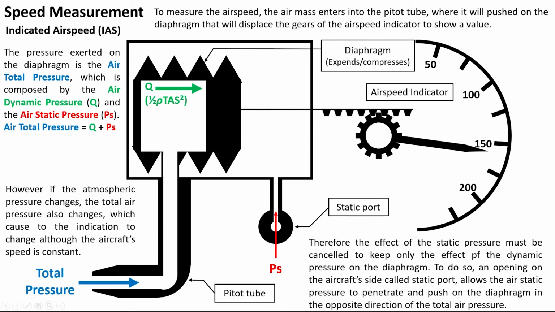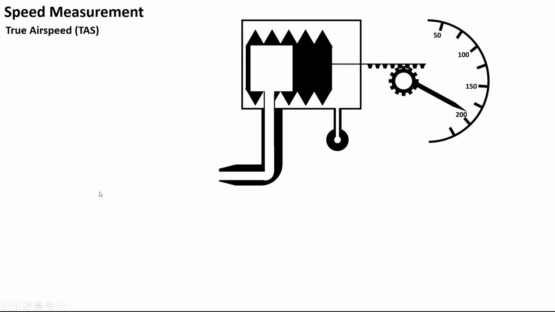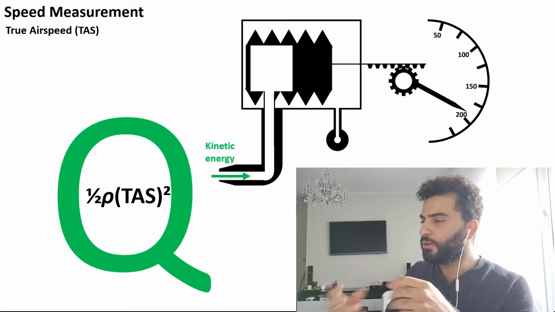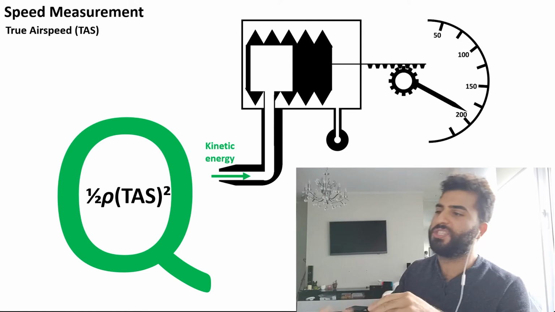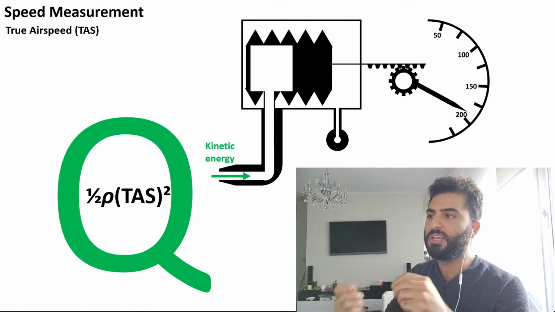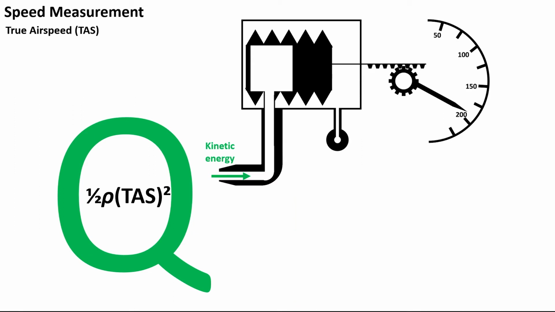this system works. So let's review. We said that what we bring in our pitot tube, actually we bring the dynamic pressure, okay, which is the kinetic energy of the air. So half multiplied by density multiplied by the TAS squared. So we said that's the kinetic energy of the air. I know that we bring the total pressure, but since the static pressure is cancelled, I would like simply to assume that we bring only dynamic pressure. So the dynamic pressure is the kinetic energy of the air, which is going to push against this diaphragm,